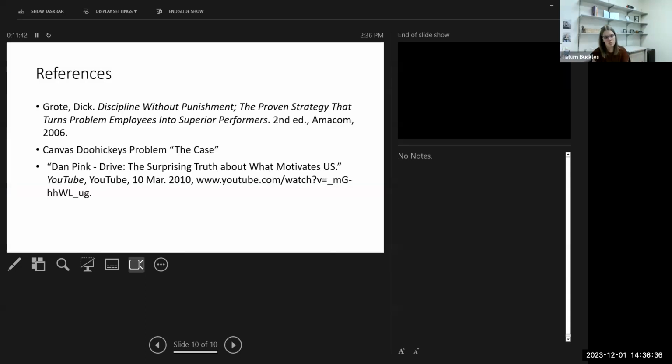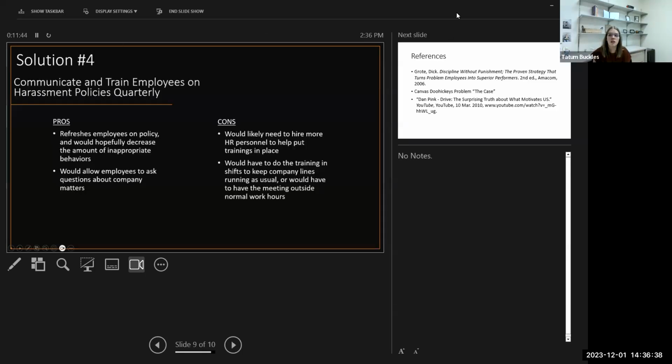Regardless though, and these are some references, but regardless, I really believe that if we were to do these things, employee satisfaction would go up just because there would be some clear policy regarding how we are disciplining others. And even if someone is not necessarily having to be disciplined, so if I'm an employee and I haven't done anything wrong, I still know that there's a policy in place and that there's